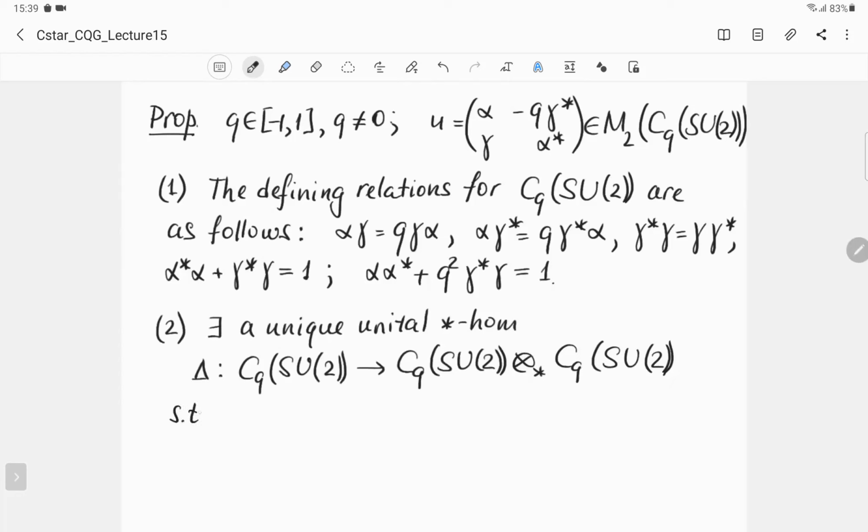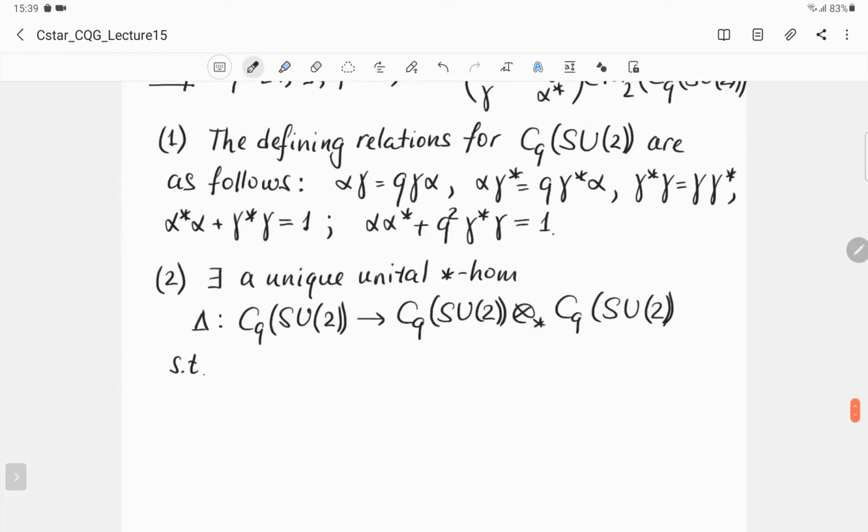Such that delta satisfies the respective condition in the definition of a compact matrix quantum group. That is, delta of U_ij is the sum over k from 1 to 2 of U_ik tensor U_kj. So explicitly, this means that